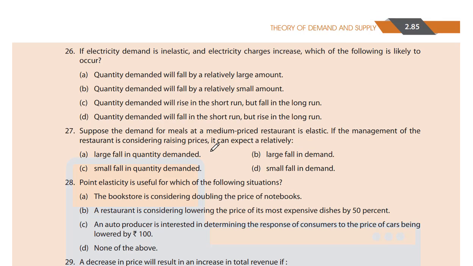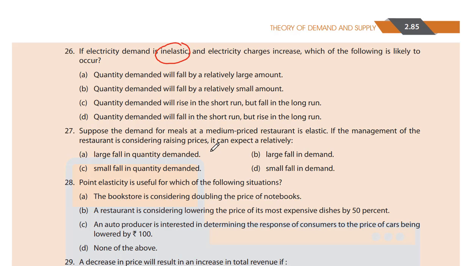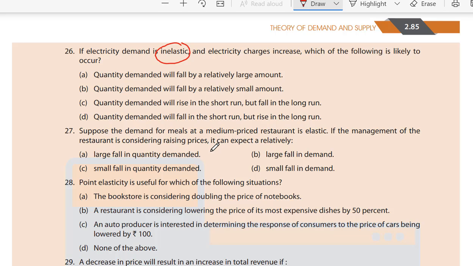26. Demand: if electricity demand is inelastic, less than 1, and electricity charges increase, which of the following is likely to occur? A. Quantity demanded will fall by a relatively large amount. B. Quantity demanded will fall by a relatively small amount. C. Quantity demanded will rise in the short run but fall in the long run. Or D. Quantity demanded will fall in the short run but rise in the